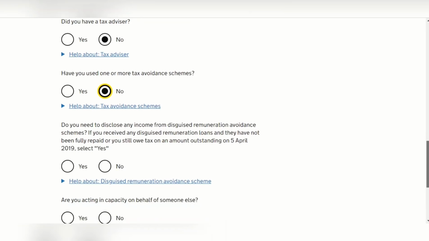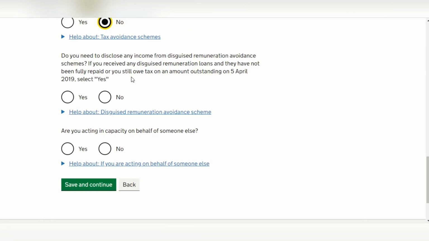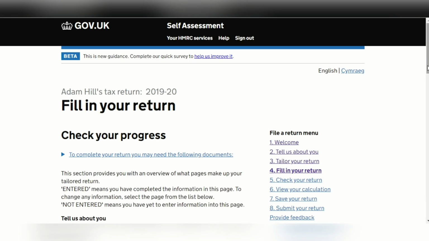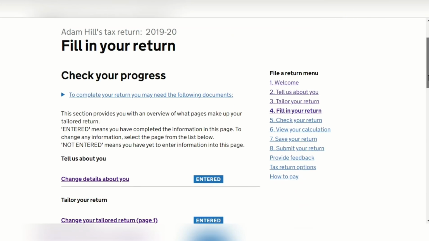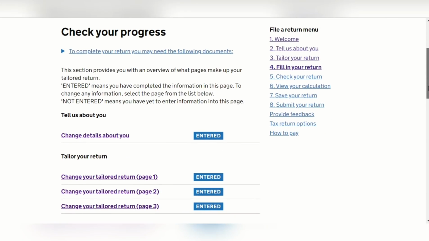Have you used any avoidance schemes? No. Disguised remuneration is similar to tax avoidance schemes, so no. And are you acting on behalf of someone else? No, and continue. Now that you've actually tailored your return, you'll see that it's generated the right sections that you'll